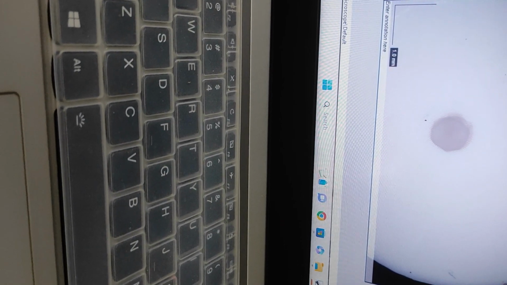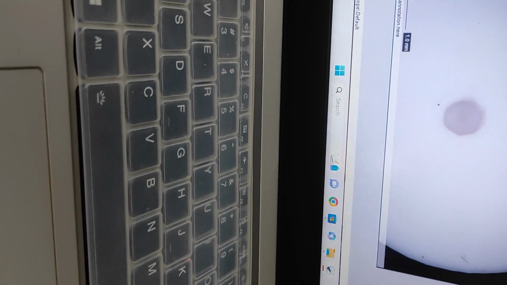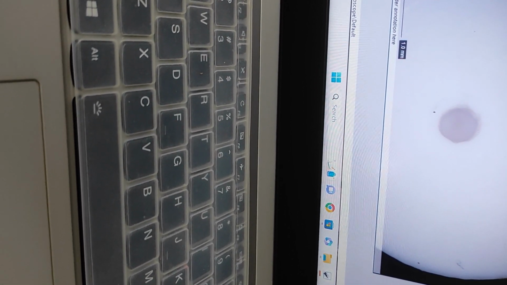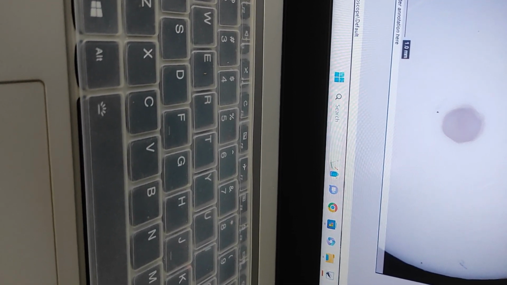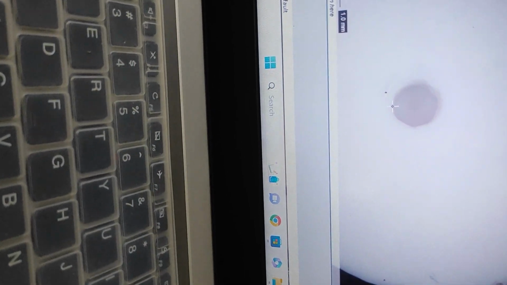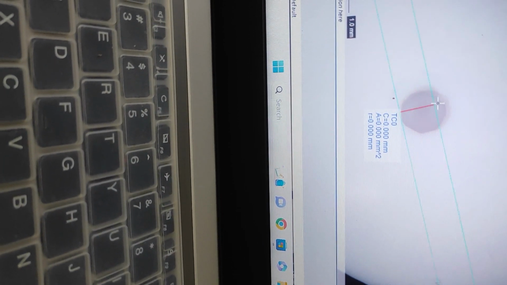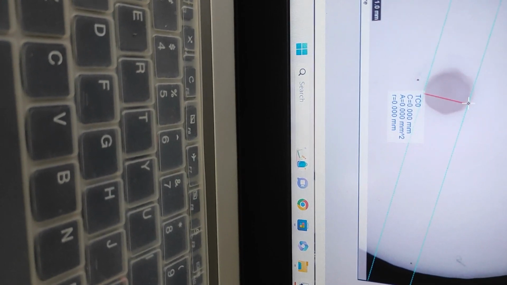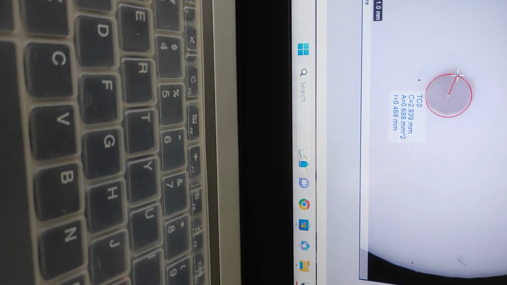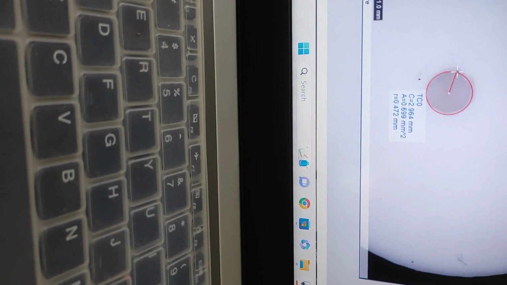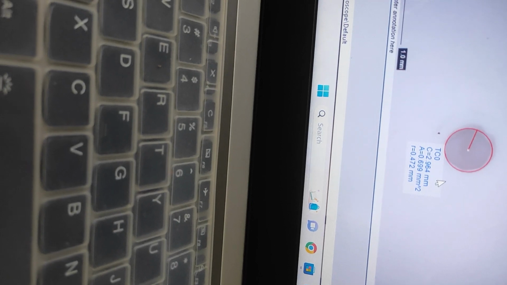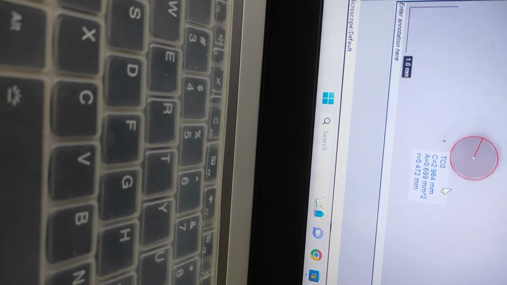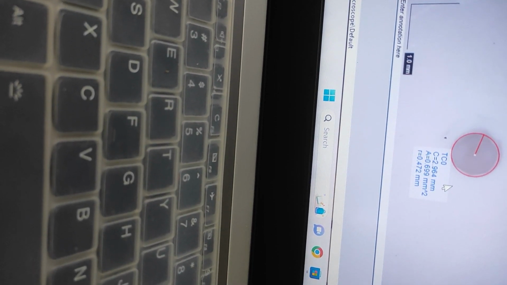I will choose another circle. So from here I will choose 3 point. I think this is the right position, and from here you can see that the radius is almost